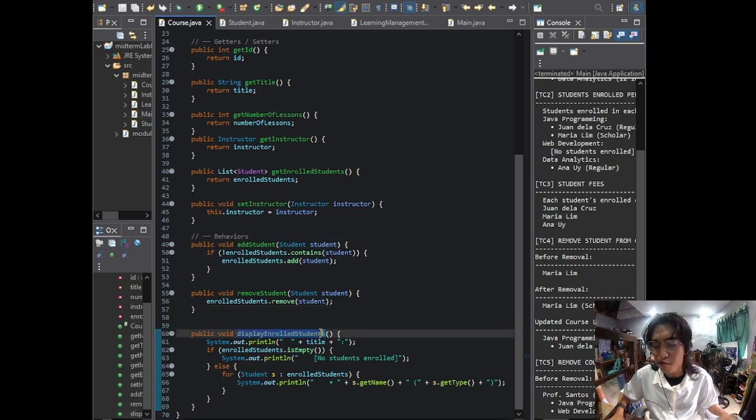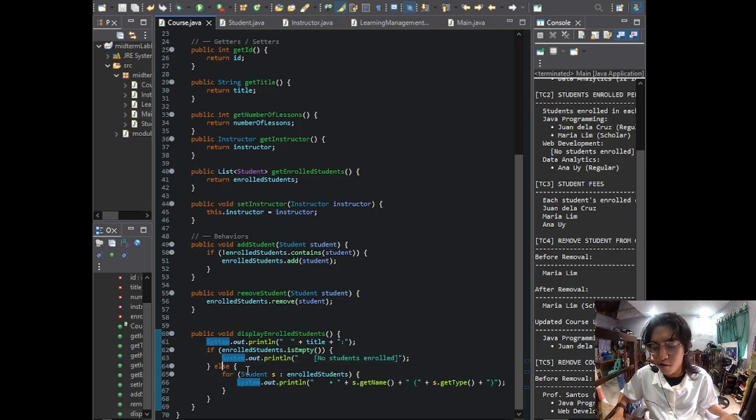Then displayEnrolledStudents. System.out.println the title. If the enrolled students list is empty, print no students enrolled.